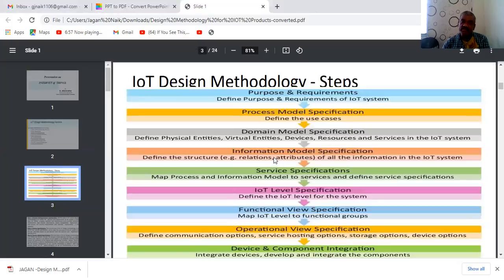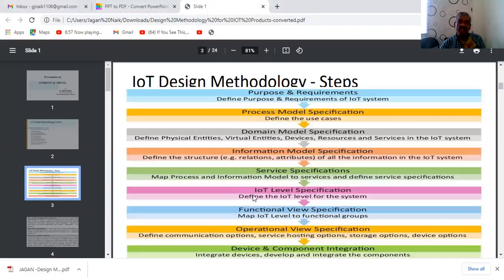After designing the information model specification, we can go for the service specifications. So how we are going to map the process and information model to the service, as well as define the service specifications. Such kind of task we can do in the service design specifications.